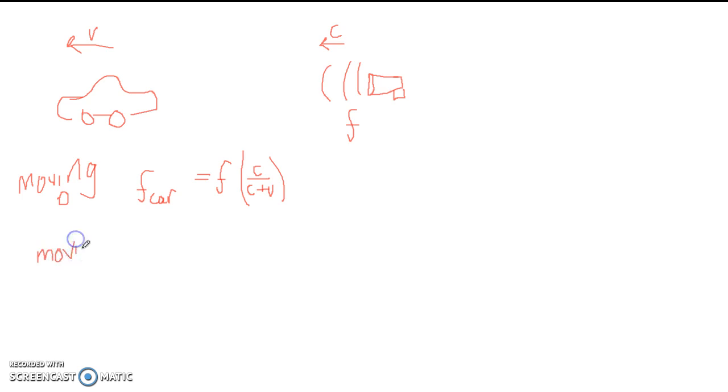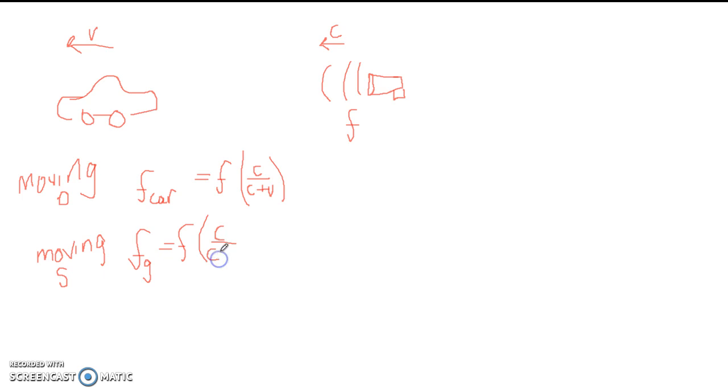And the source is moving away from the radar gun. The source now is the car that it reflects off of, so moving S. So now the frequency that the radar gun, I'm going to put FG, perceives, is now this frequency. So this frequency is now shifted, F, c